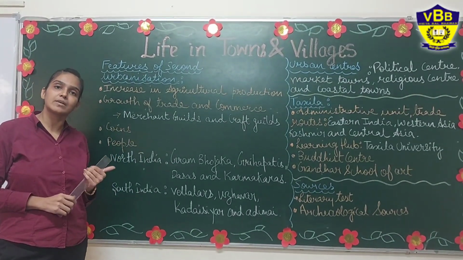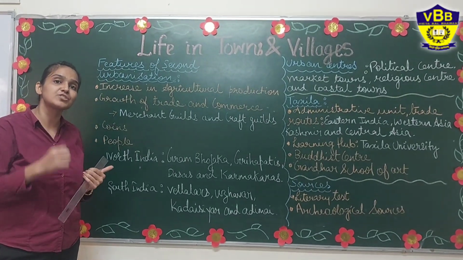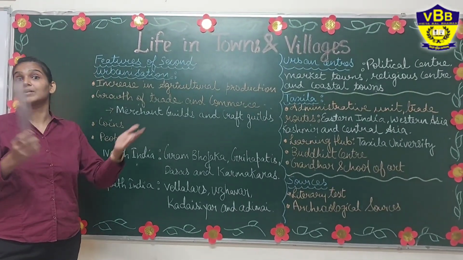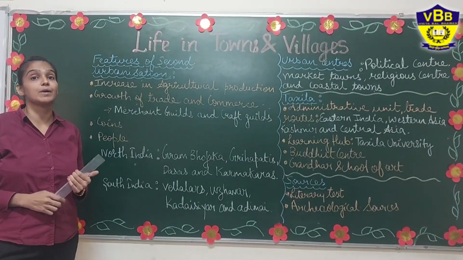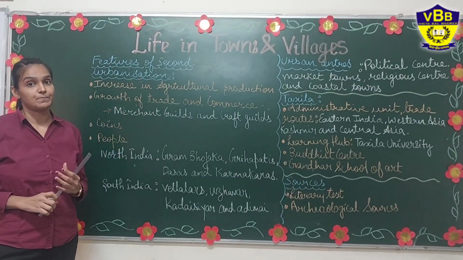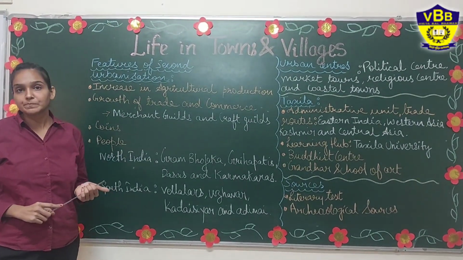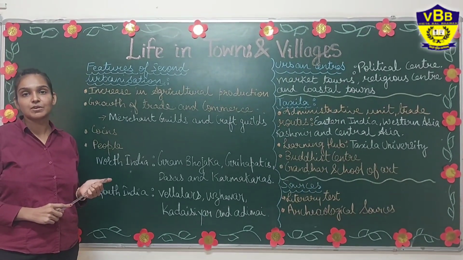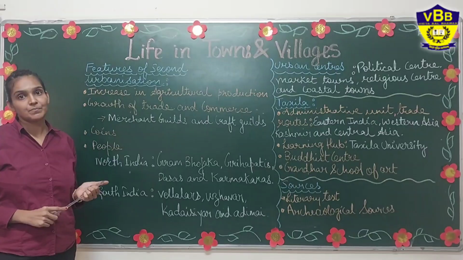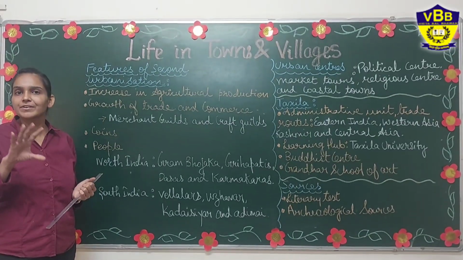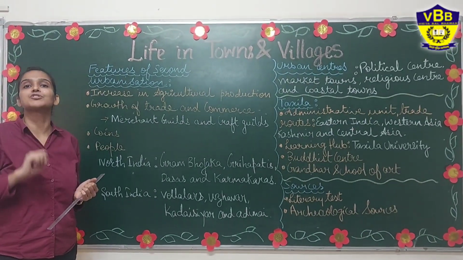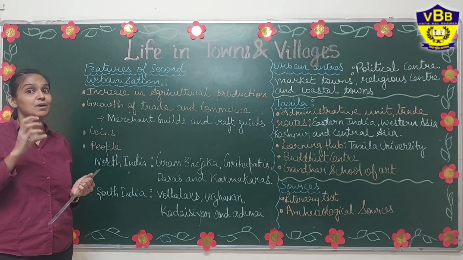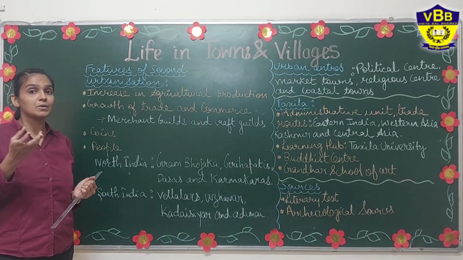Now when trade was there, there must be some medium of exchange, because the barter system cannot work anymore, because the trade was not only limited to a certain area but spread out and wide. So coins were made. Coins were made out of metal. These metals were copper and silver. These coins did not have a definite shape. These had irregular shapes. It means they did not have a fixed shape like a circle or a square or a triangle.